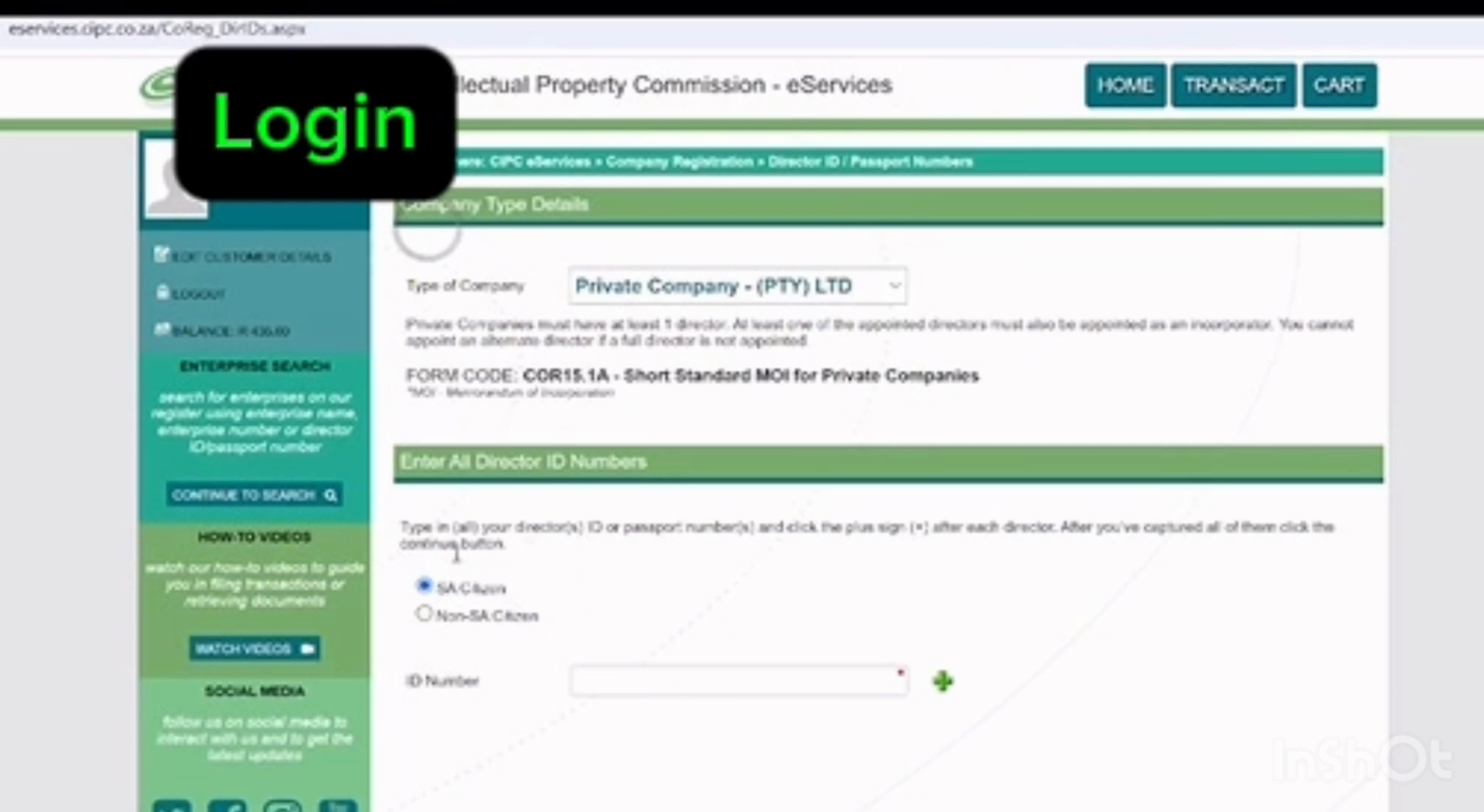I'll go to register using e-services, and then the company type is private company. And if you're South African, you say you're South African. If you're not, you say you're non-South African. And in this case, you're just going to fill in your details, either your ID number or your passport number. If you fill in your ID number or your passport number, you're going to be asked to fill in some form there. That is your name, your surname, your date of birth, whether you're the director and incorporator